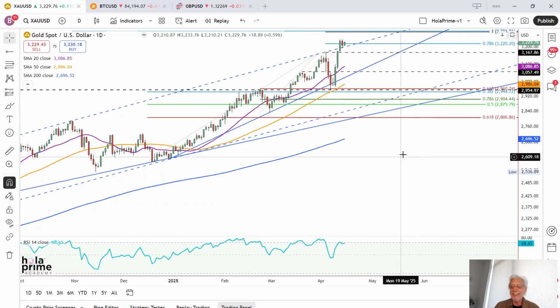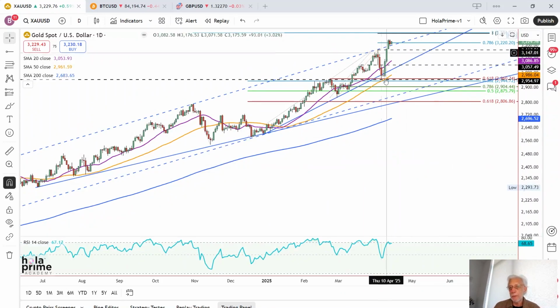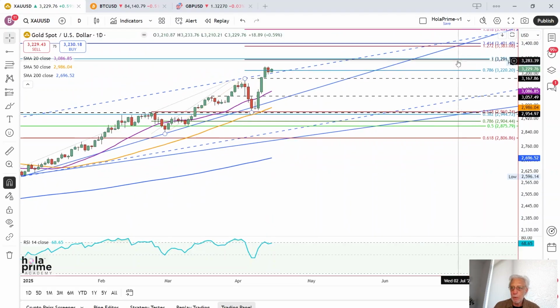Once that happens, there's an inclination for a continuation in the direction of the trend, in this case up, but there needs to be a signal. So a move above today's high, 3,234, will be an initial signal, but this is going to be more reliable here, a rally above yesterday's new record high of 3,246. If that happens and it's sustained, then gold looks to be heading towards the 3,295 zone, followed by this